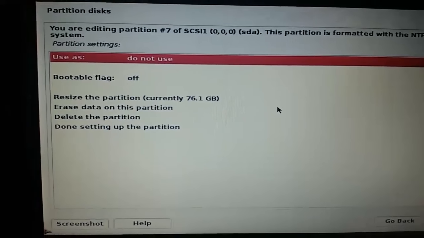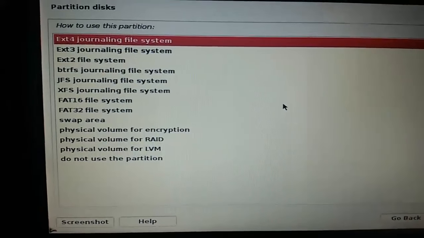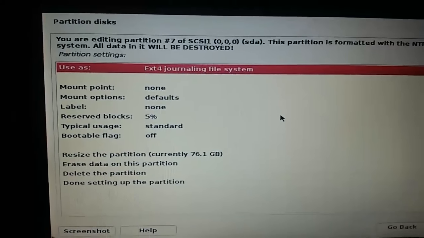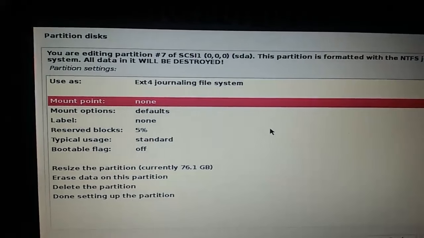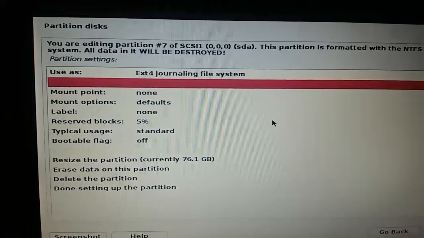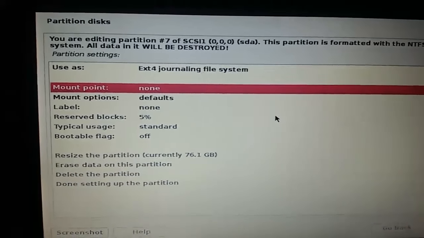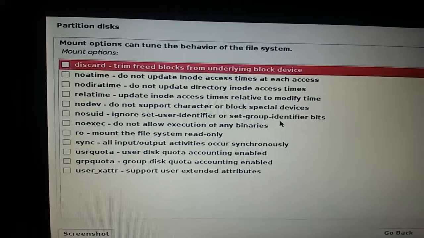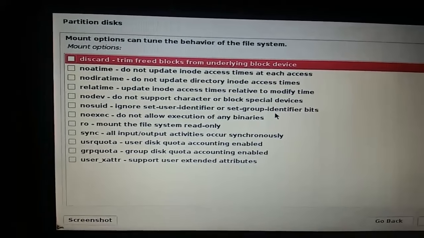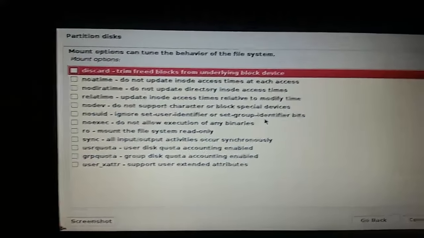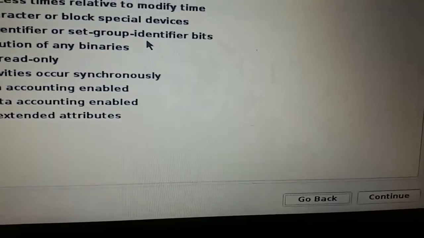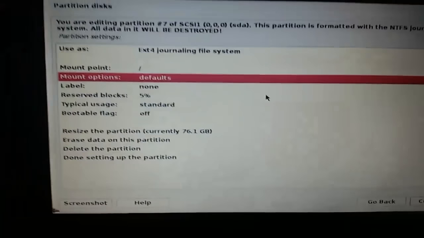I will hit enter on that and click on ext4, and again hit enter, and then I will use the arrow keys to move up and down. For mount point, choose the root file system here, and then mount options as default. So go to back, you can see, go to back and hit enter, and again